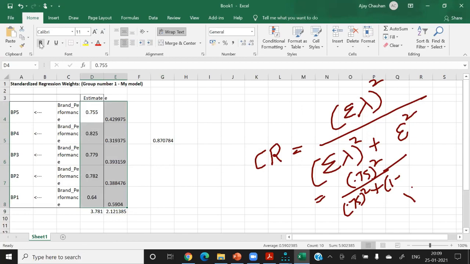So I repeat, this error term is equal to 1 minus lambda square or beta square, and we take the sum of this, and we take the sum of this also, and use this formula. This formula is written here. So in this way, we can also calculate the composite reliability.